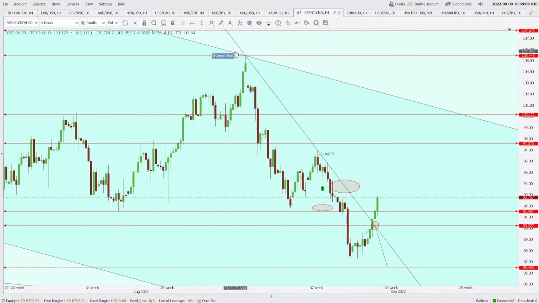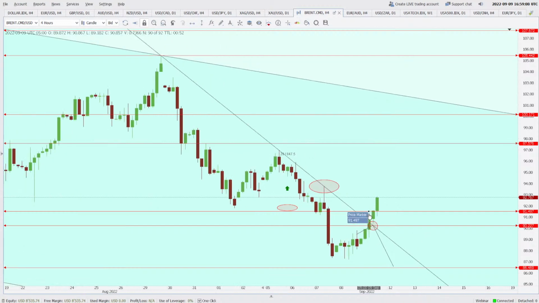But see how this falling trend line is breached. The price has become higher than 91.49 and again has taken support here and now is trying to rise. Now if it keeps rising, where can it stop? 97.57 is the immediate resistance. All right, and 91.49 now is the new support again. After breaking below and coming back in, it still stands as a good support. Let us see how things unfold.